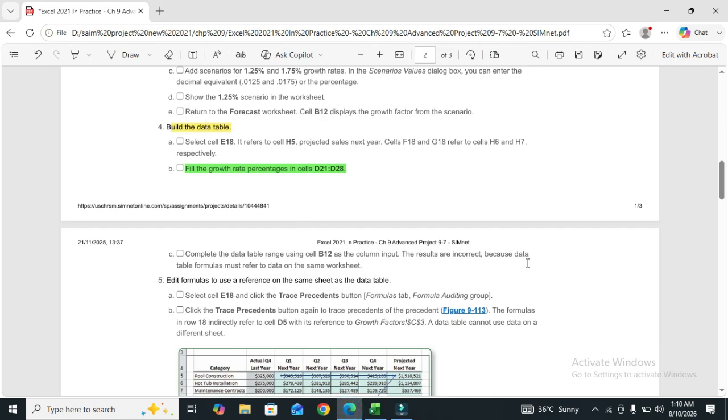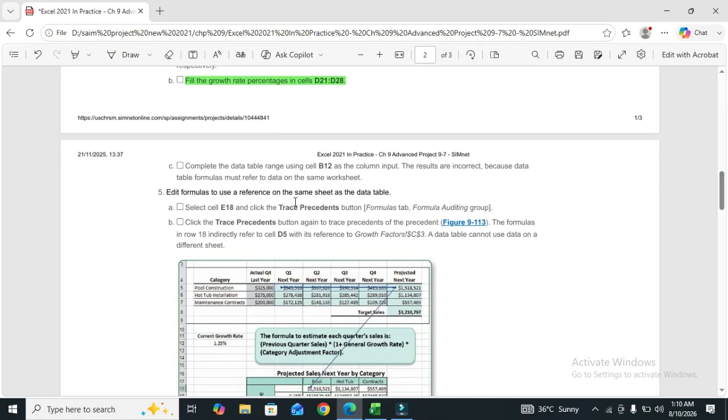Part B has been done, so we move to part C of this step.